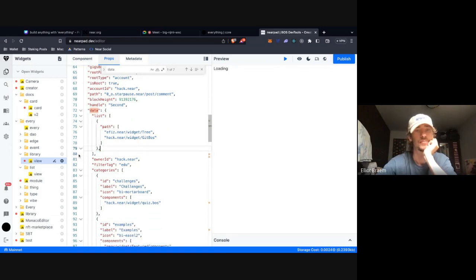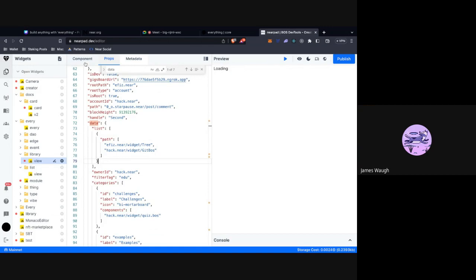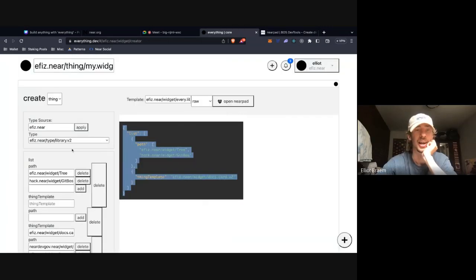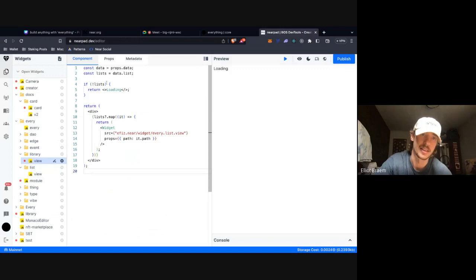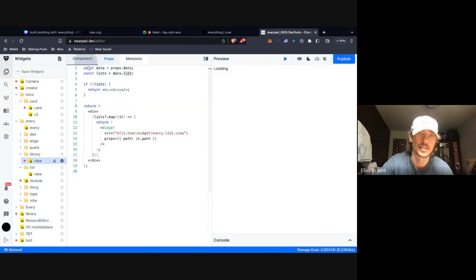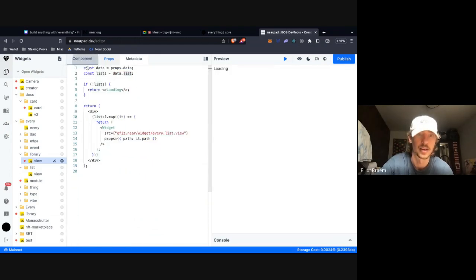What's going on here? Does it not need to be paths? Yeah, I messed up the naming. That wasn't really helpful. But it is path. So I'm taking in list, data.list. I'm saying lists because it's an array, which is kind of confusing right now.